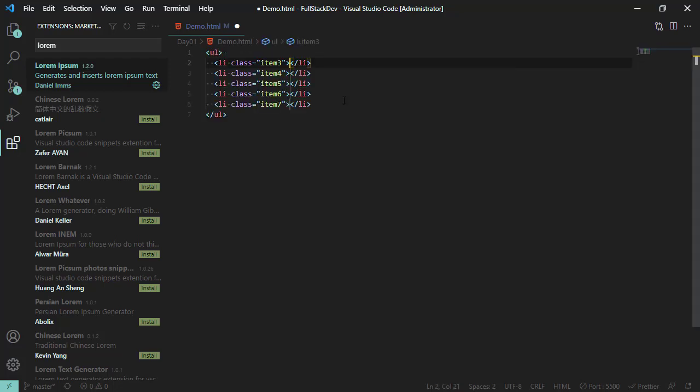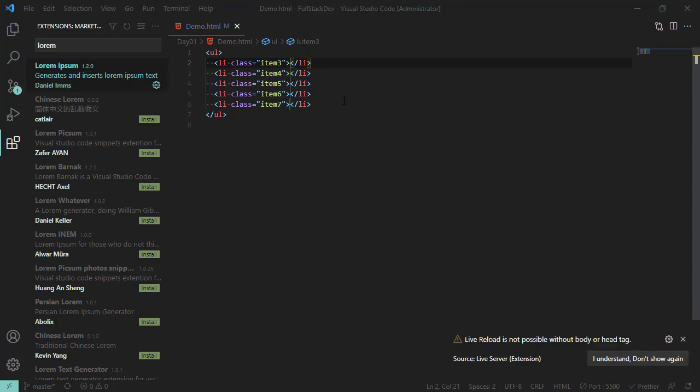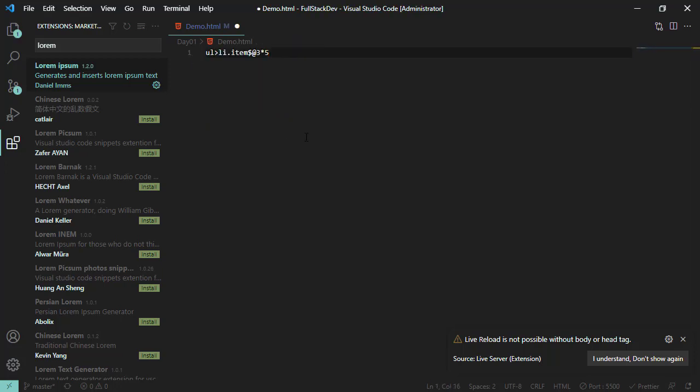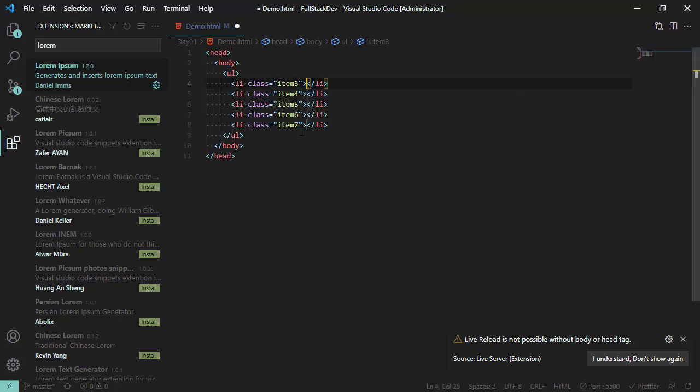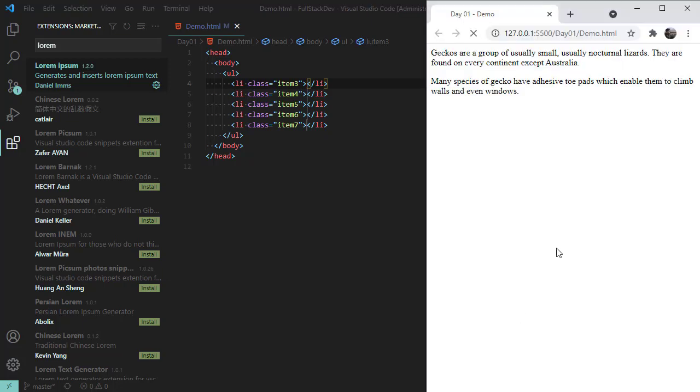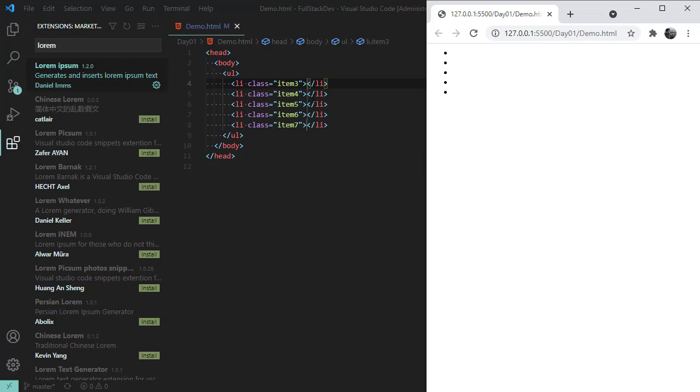So if I hit tab, it is going to generate all of this element, and live server doesn't kind of work when there is no head and body, so you will always need head and body. So let me go ahead and add that as well. Head, and then inside head I want body, and then inside body we would do this. All right, now probably if I save this and come to our document and refresh, it is giving us 5